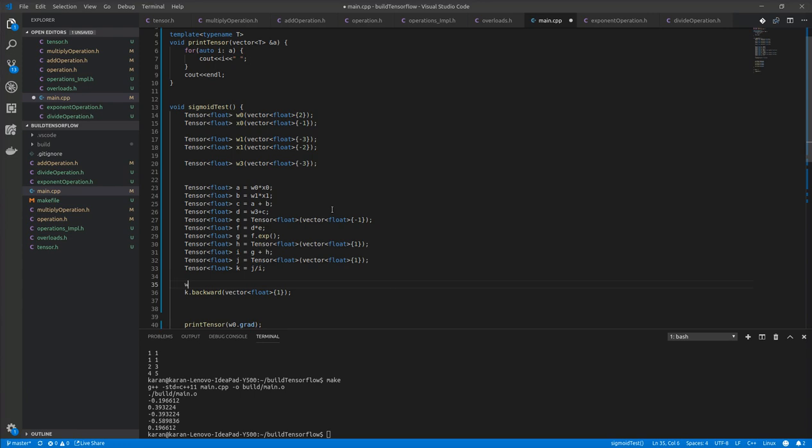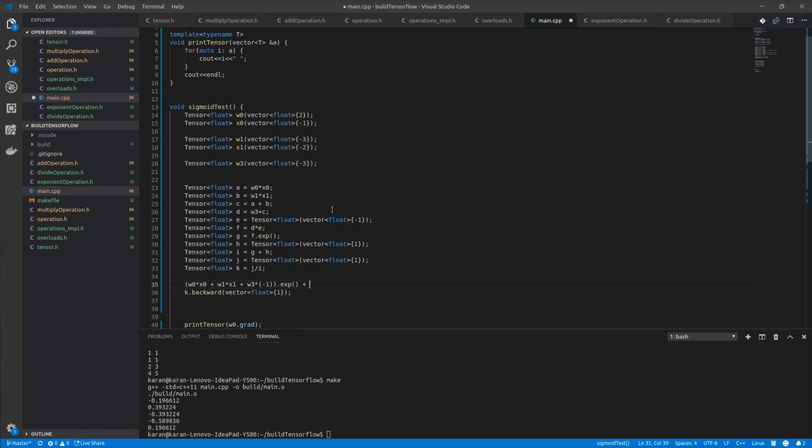This is W0 into X0 plus W1 into X1 plus W3, and then we into -1 into -1 into -1, and then F into D into E, then all of this dot exp,